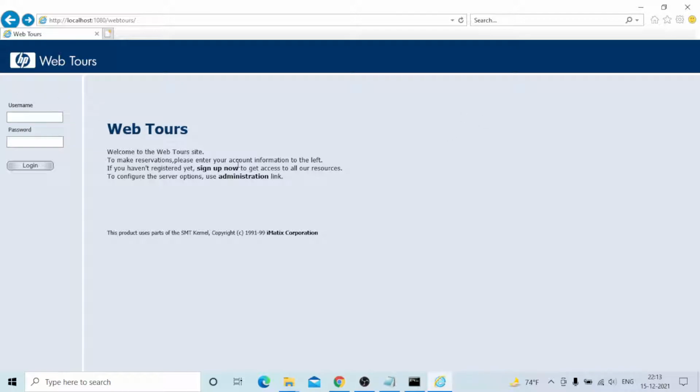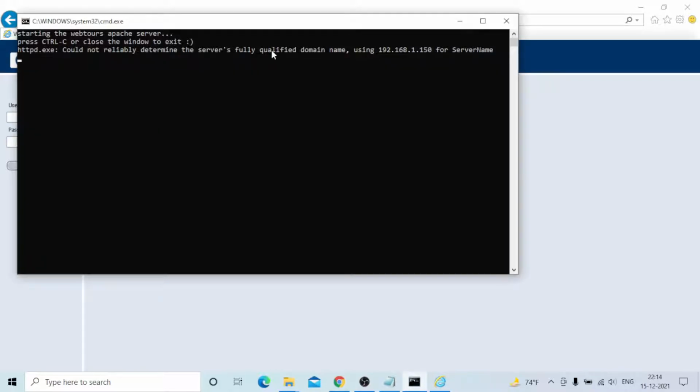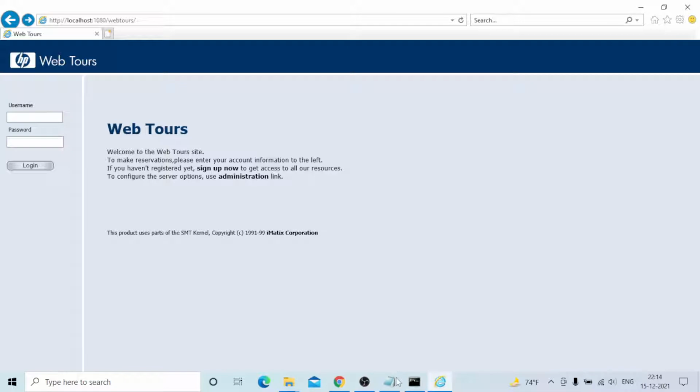Everyone starts from the Web Tours application, and based on your experience, the issues you face and how you need to handle them, we will move forward learning step by step. And the people who are interested can use the same application to do functional testing, automation, and security testing also. That is based on your interest. The application is the same, and this is the server. It's mandatory to run it. When the server is running, the backend is working, and the front end application is working.